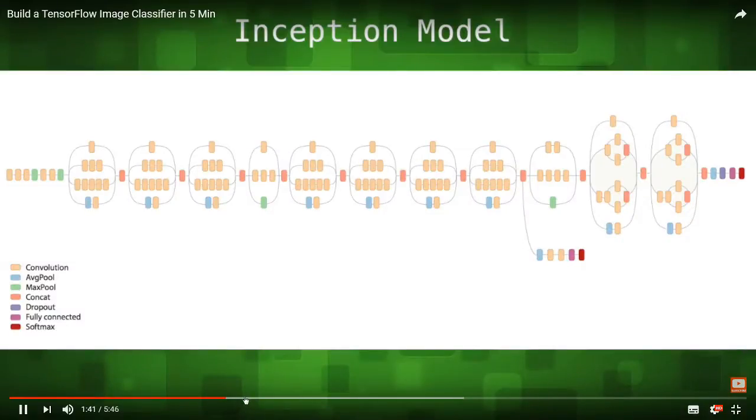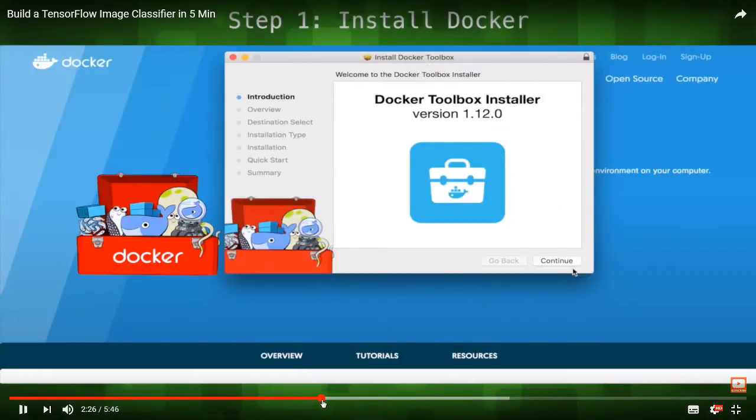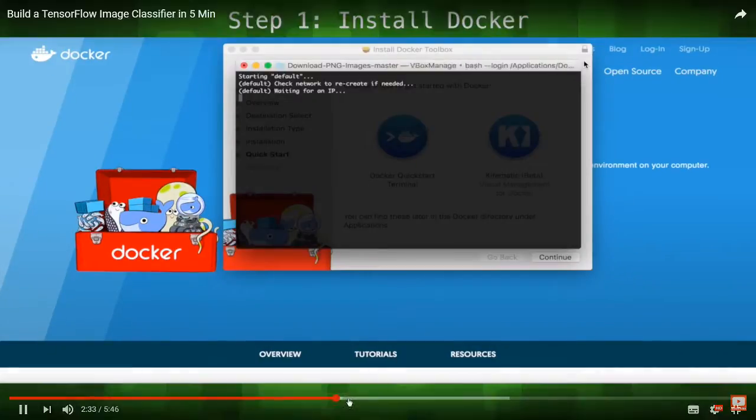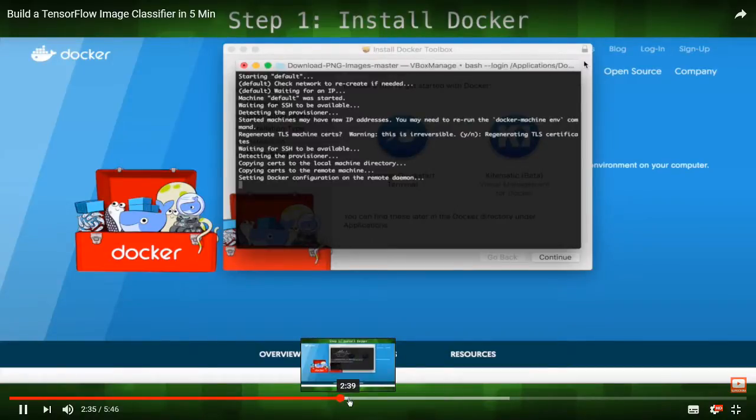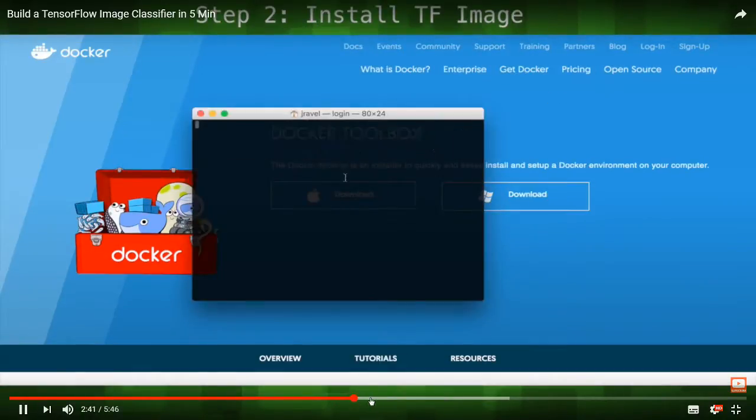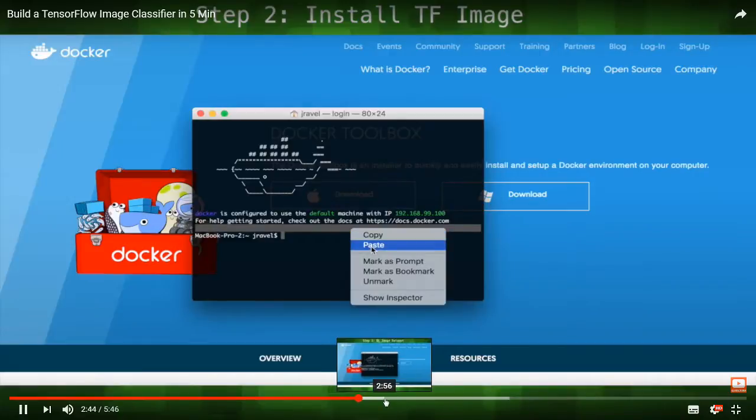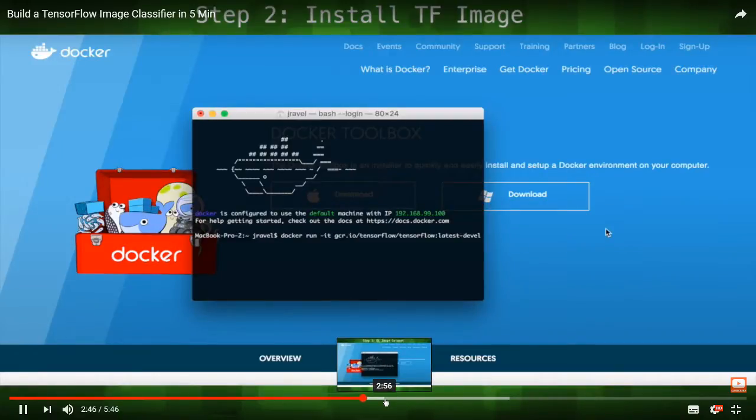If we look at the Inception model, you don't have to install an image that has an installation process, and then you can launch your Docker container anytime easily by double-clicking. Installing the TensorFlow Docker image by pasting in this line. It'll take a few minutes, then once it's installed, we'll move on to step 3, downloading our image dataset to